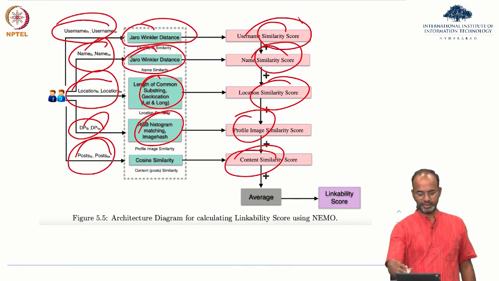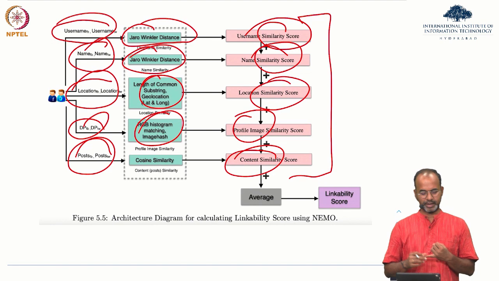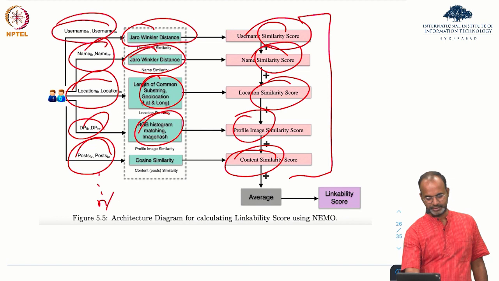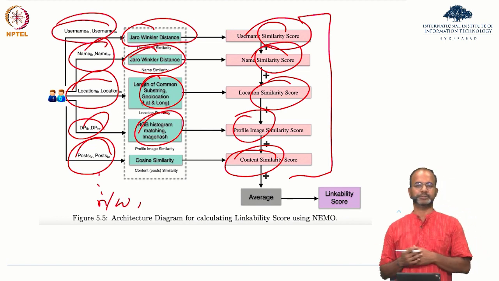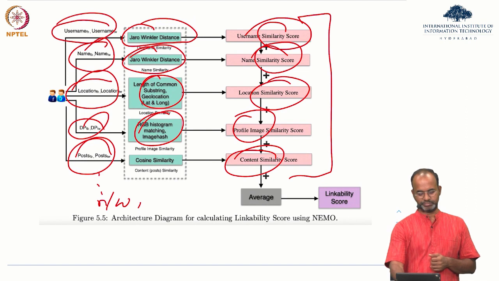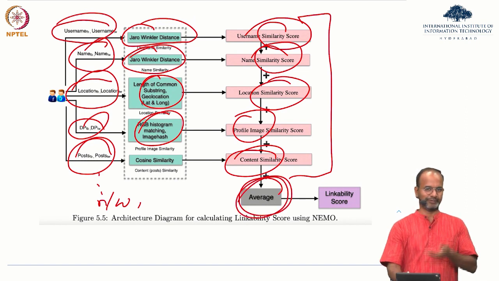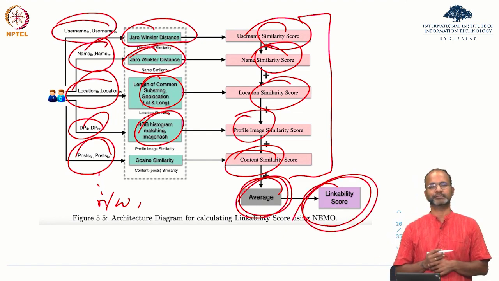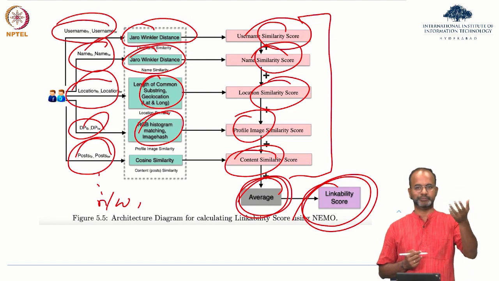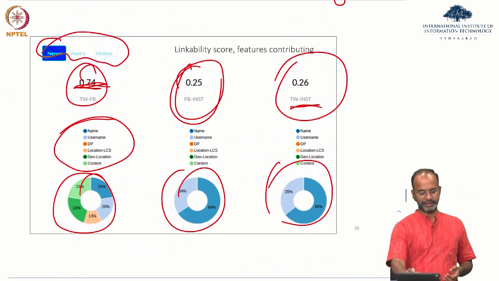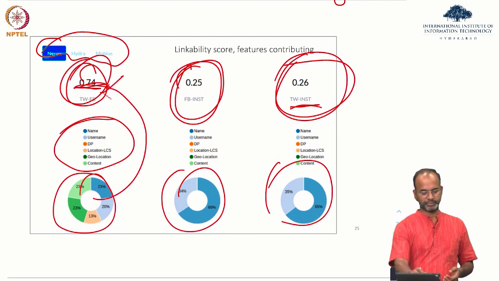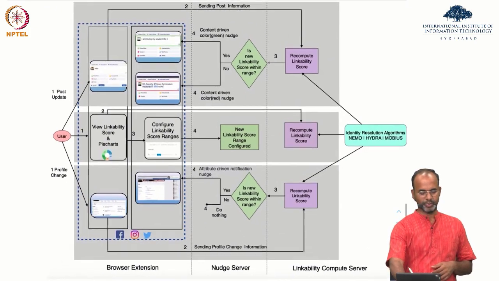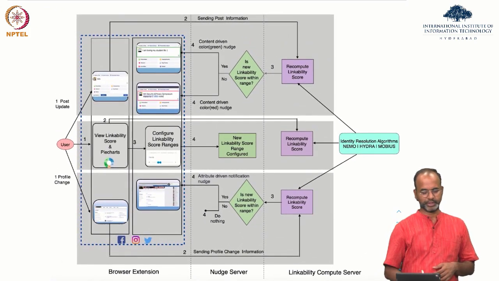Right. So you can get all of these similarity scores: username, name, location, profile image, content. You can keep adding to this, such as network and many other features that we saw. Then you apply some method here. Here it says average, but you can use any function that you want, and then a linkability score is derived. We saw 0.4, 0.5, 0.24 in the earlier slide. These values are derived only like that, and these contribute to creating these values, right? So that should give you a sense of how the linkability score can be got.